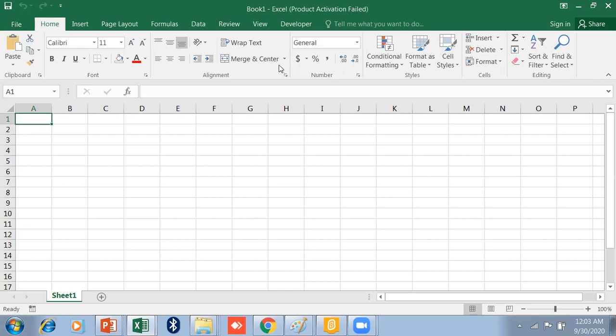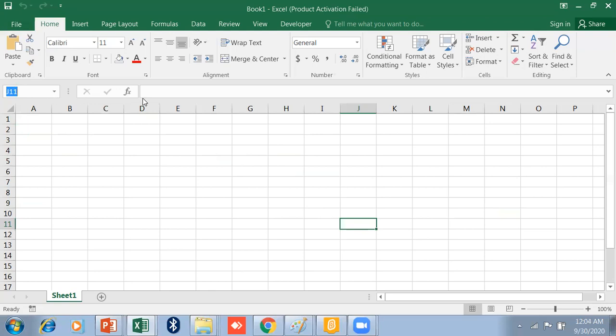Next one is the name box. Suppose this is my cell. You can use the arrow keys to move the cell up and down and right to left. A cell is a combination of a row and a column. Wherever your cell is placed, the name box will show you the cell reference. So this is called the name box. It is very useful, and we will use the name box later.